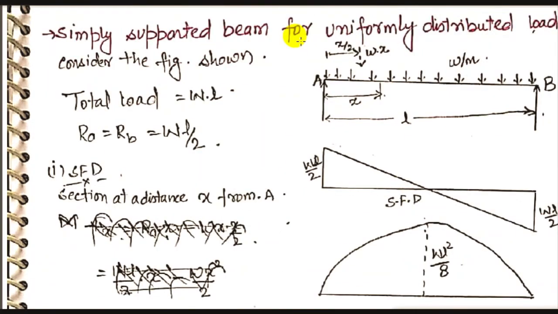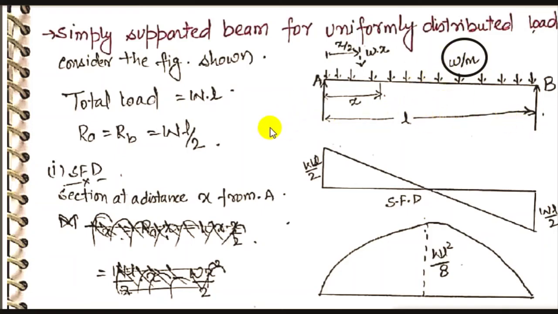Now there is a simply supported beam, as simple as that. There is a load, and there are two methods in various books of showing a uniformly distributed load: in the case of spiral loads, as we discussed in the cantilever beam, or in the case of small arrows along the beam. So this is the load W per meter. Just like W is 2 kilonewton, so 2 kilonewton per meter. For the whole length L, it is W into L.